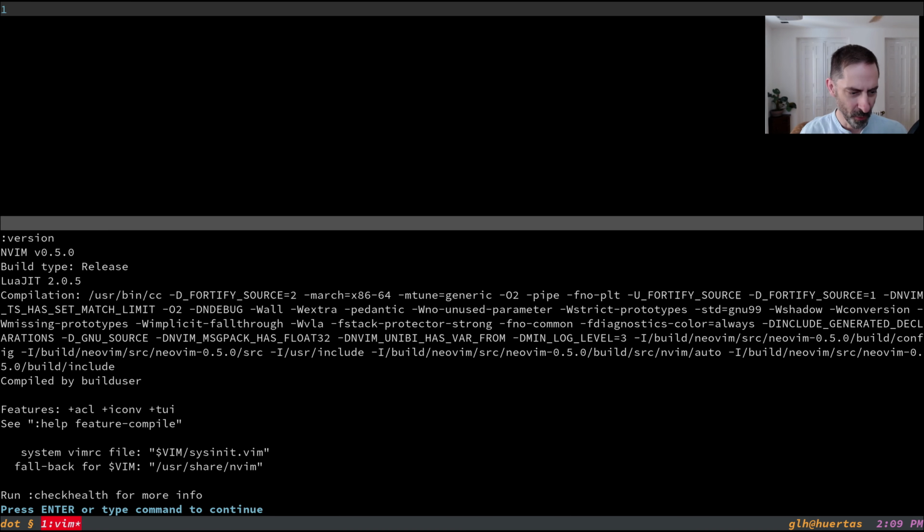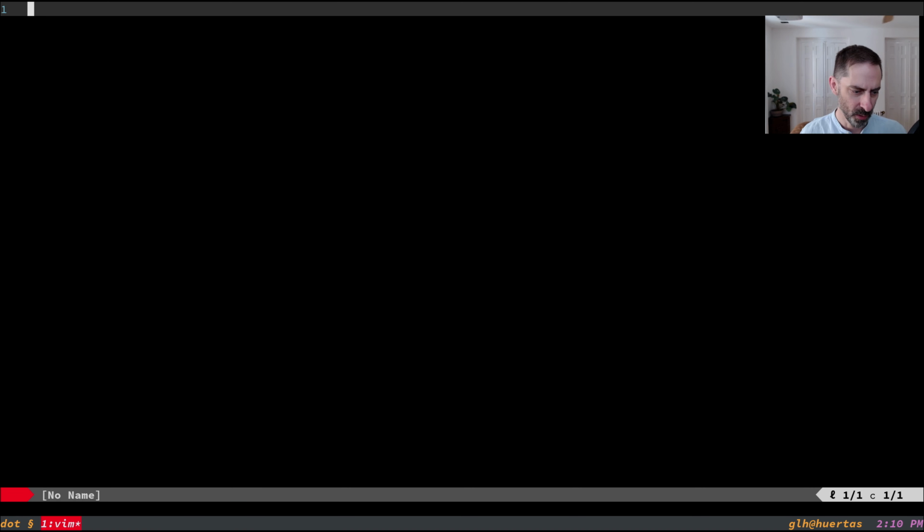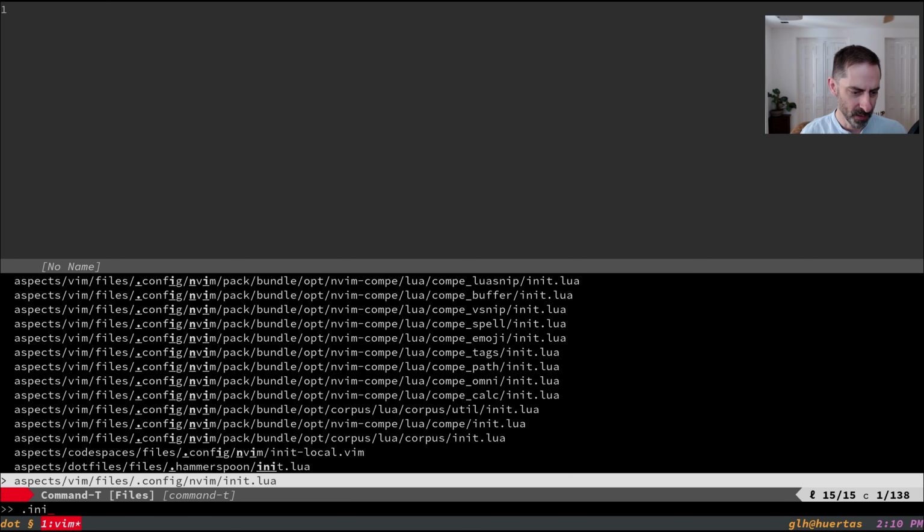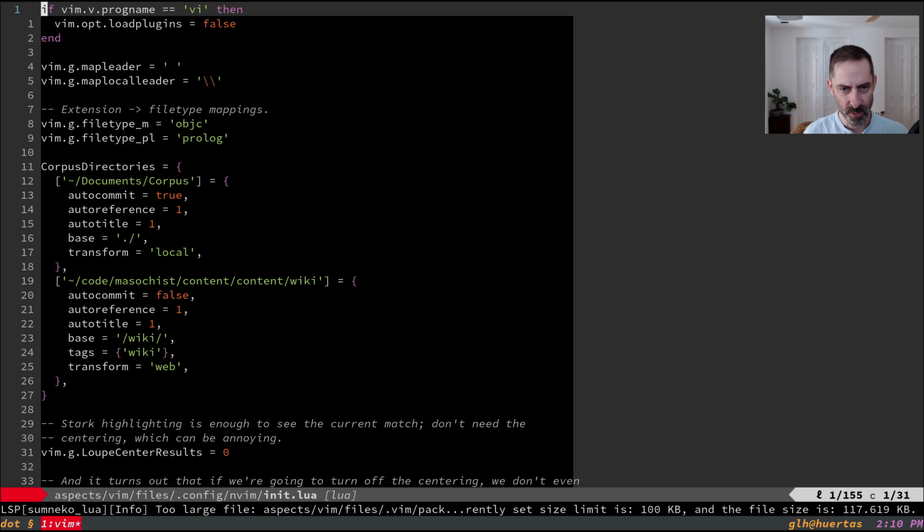I want to celebrate the release of Neovim version 0.5 by talking about how to move settings over from VimScript to Lua, which is something that you can do quite easily now in Neovim. So the new thing that you can do is you can take your init.vim and instead use init.lua. And obviously you have to change the Vim script into Lua in order for that to work, but it's generally